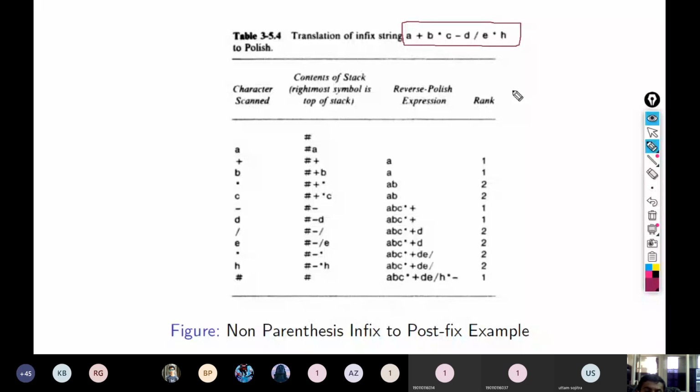Now, according to the algorithm we understood in the previous lecture, we have to scan this expression character by character, check the precedence function, and every time also update the rank. At last we check whether the rank value is 1. And one more thing: if at any time in between the rank value is less than 1, that means the expression is not valid.